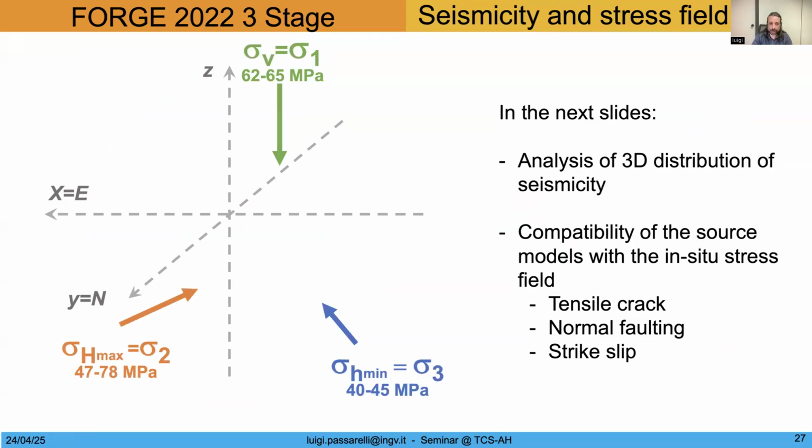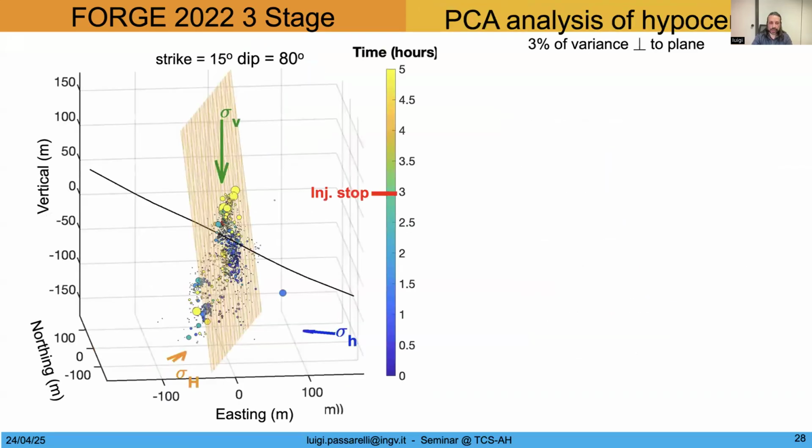So I just remember you the geometry of the stress tensor at Forge. In this case, what we did, we simply fit a geometrical surface on the fault. We used principal component analysis, and we found out that a plane can easily fit, or it's a good fit for the seismicity cloud, because the variance orthogonal to the plane is only 3%. So giving up one dimension, we're going to lose only 3% of the variance